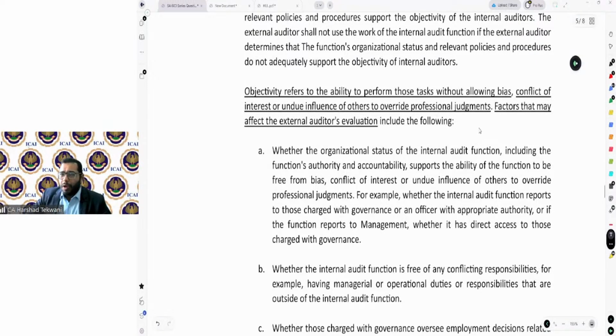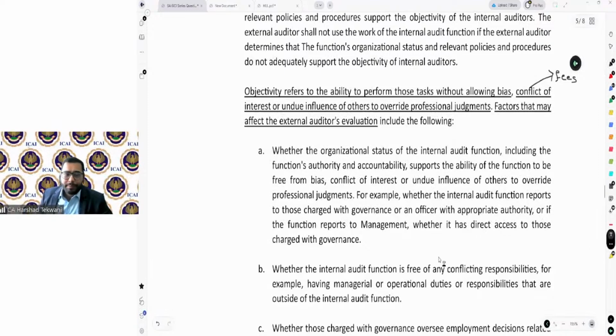Now, here there is a conflict of interest present because they are assisting the management and they are themselves then doing internal auditing work, so there could be an issue. There is again a conflict of interest with respect to fees because they are getting the shares. So there are certain factors already present.